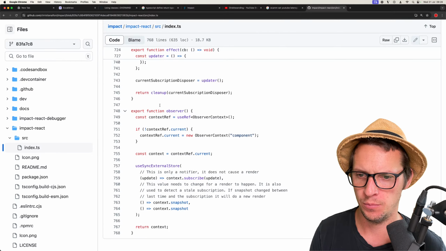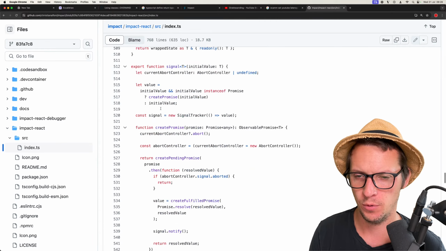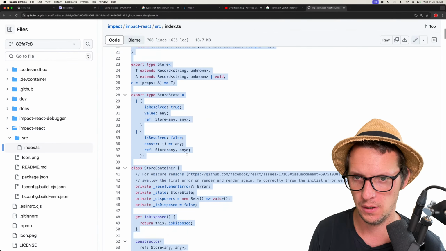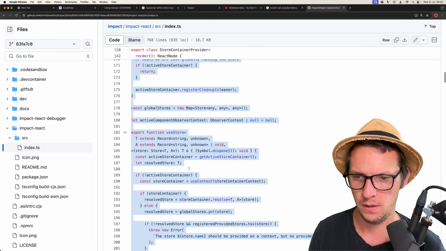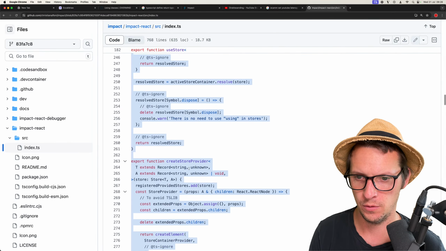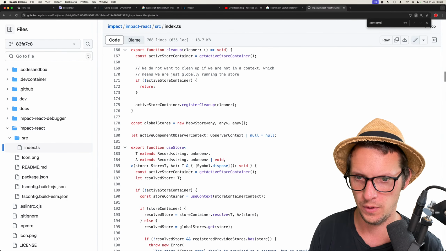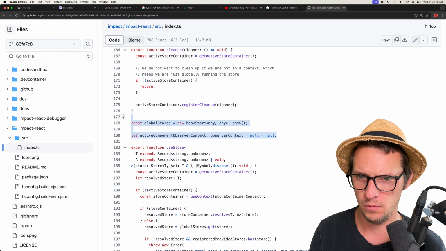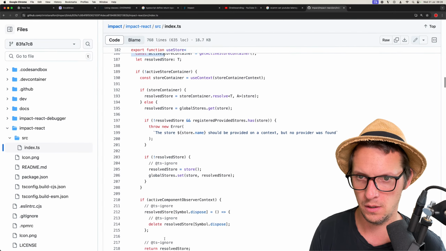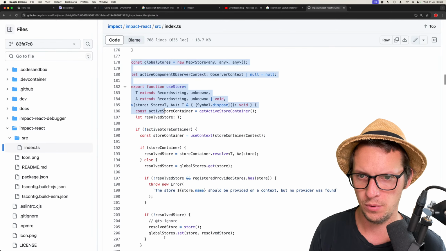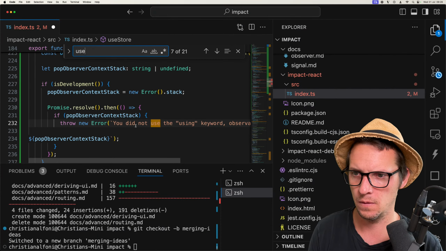Active component observer context. Didn't I? Oh, I didn't put that in here. Where's that? Active component observer. Oh, here we go. Oh, I'm missing this. No, I did put in uStore, didn't I?